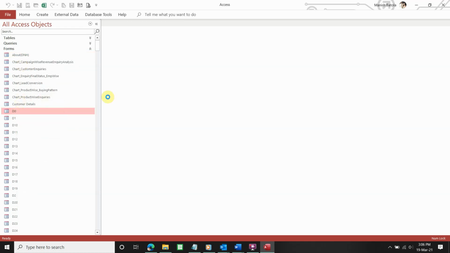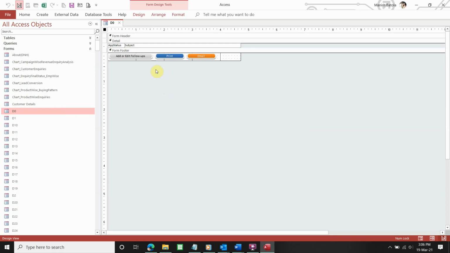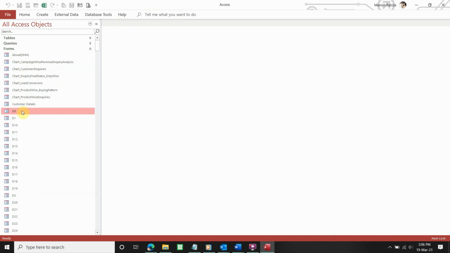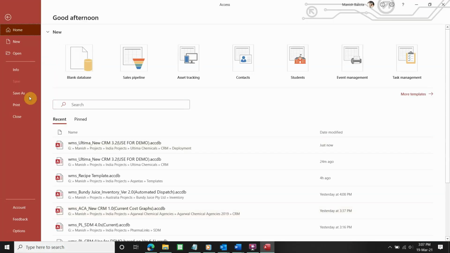If I open design view, I get to see the design of the form. But in order to lock this particular design option, we need to compile it. It's very simple. You need to do everything that is required before you distribute or compile this file into a compiled state. So make sure you have a backup copy of it, because this operation is irreversible. Very dangerous, irreversible. So you go to File, Save As,